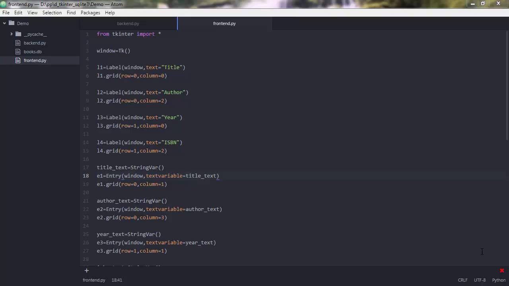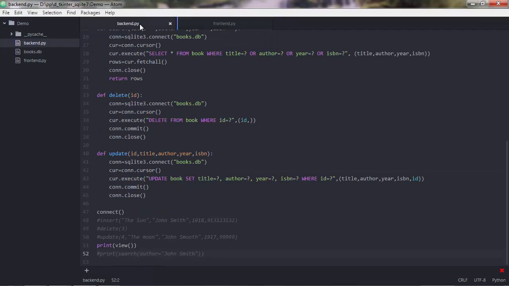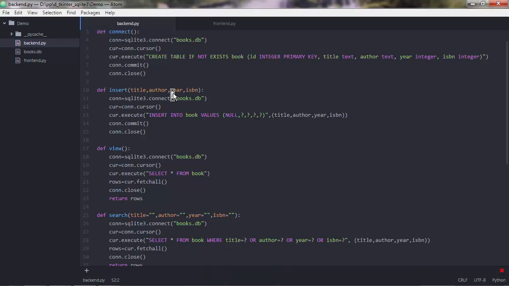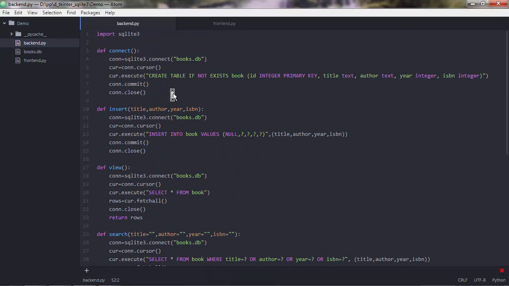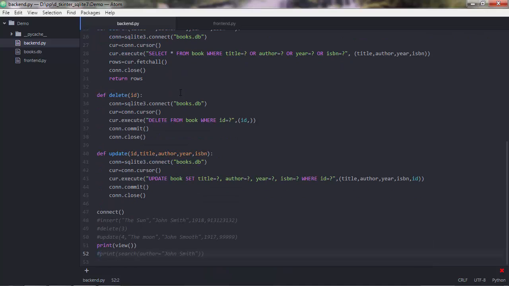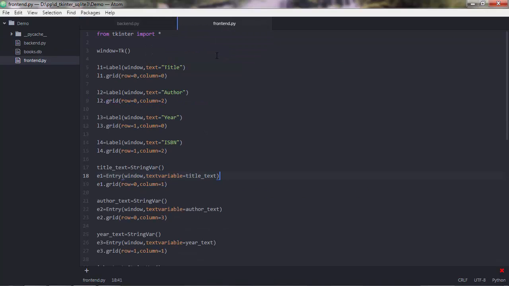So by the end of this lecture, you'll have a fully working program that can store and retrieve book records in an SQLite database. As you know, we have two scripts. We have frontend.py and we have the backend.py script. We are completely done with the backend.py script. So we have built all of our functions that connect to the database, insert, view, search, and delete and update data. And now we need to go to the front-end script because we need to tweak it a little bit